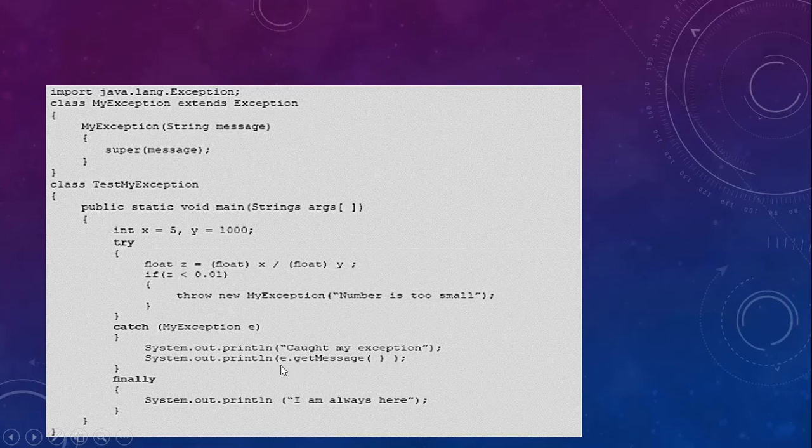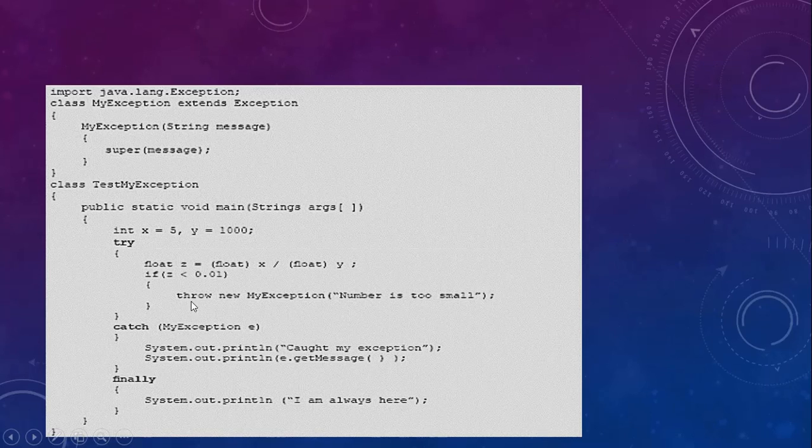So e.getMessage() will print the message that we passed to the superclass constructor, and the message is nothing but "number is too small". So you are going to see that when this particular program is run, the output contains first, "caught my exception", and second, it is going to print the message using getMessage, that the number is too small.